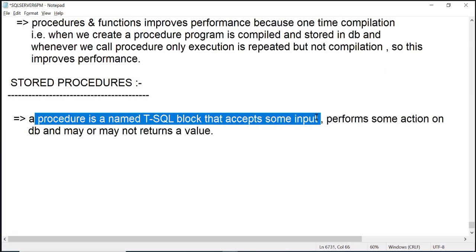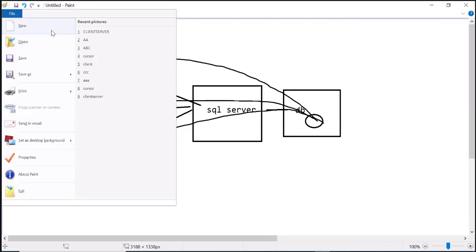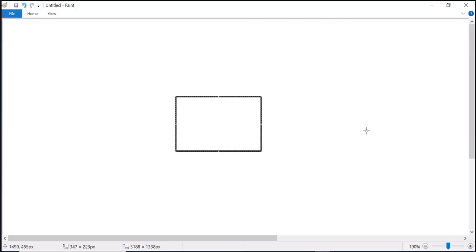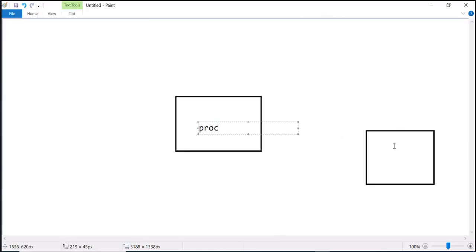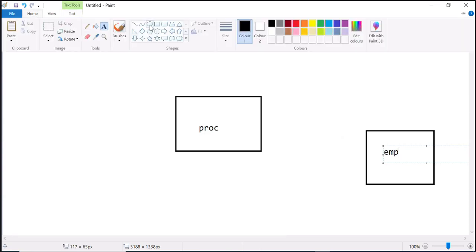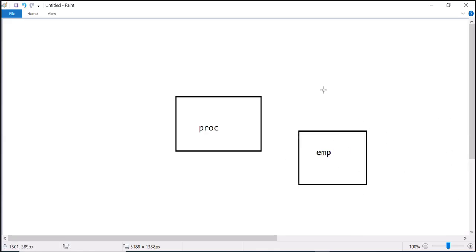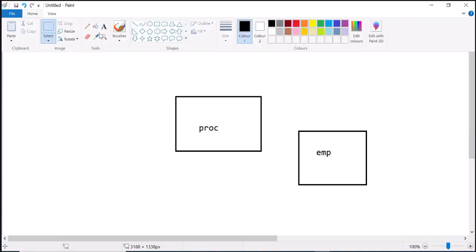It takes some input and performs some action. For example, this is the procedure, and this is the table, let's say the EMP table. Where is the table? In the database. Where is the procedure? Also in the database. And the procedure will receive